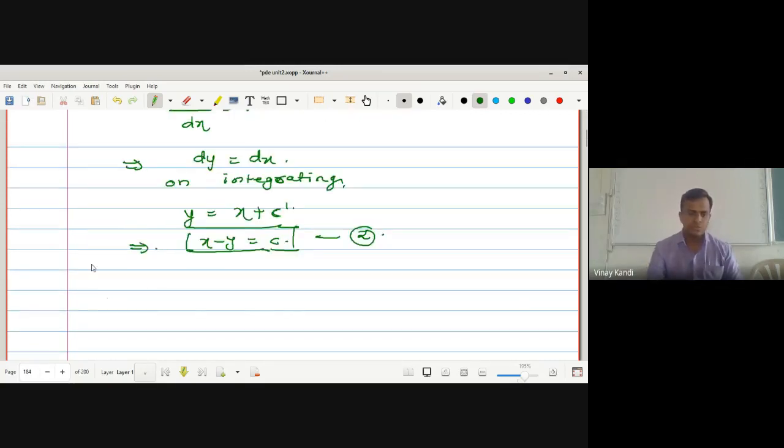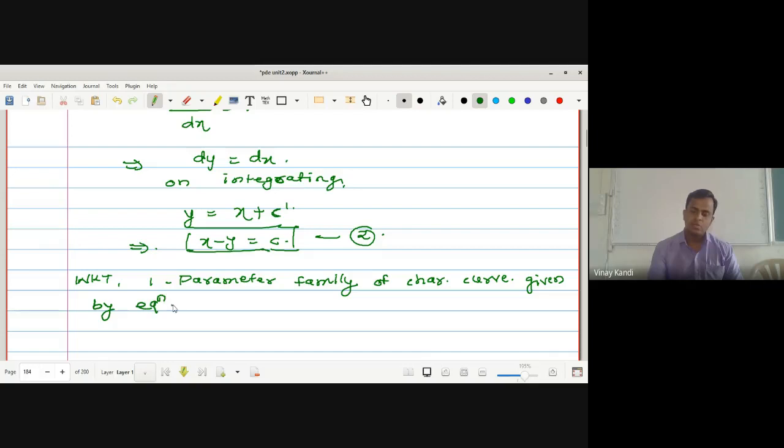So we know that the one parameter family of characteristic curves given by equation 2 have the property